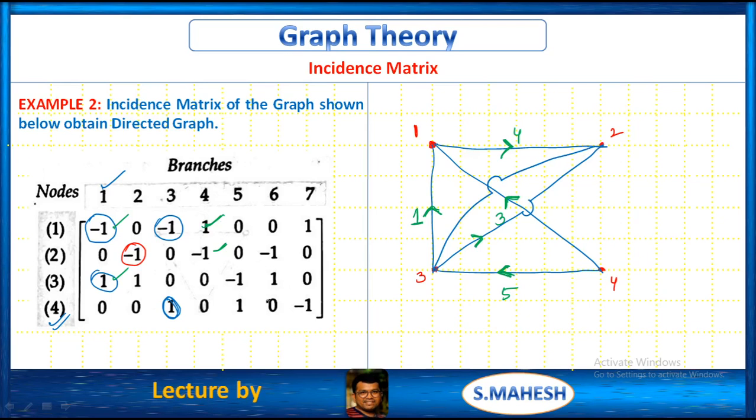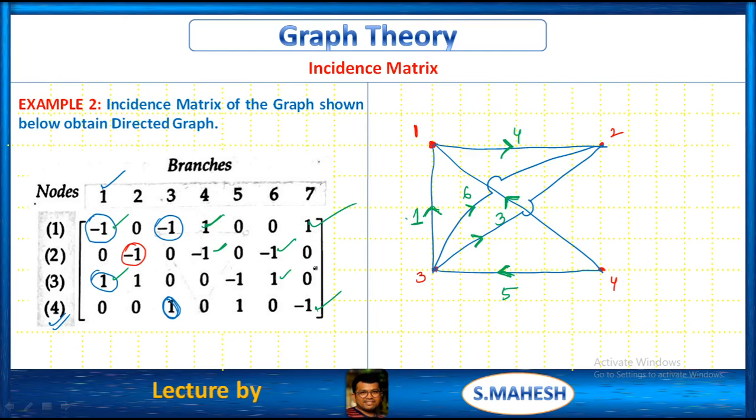Right? No problem. Then you have to check the direction. So sixth branch, 2 is minus 1, 3 is plus 1. That is away from this node 3 and towards node 2. Away from this node 3. Therefore, this is sixth branch. Clear. Next, last one, node 1 and node 4.